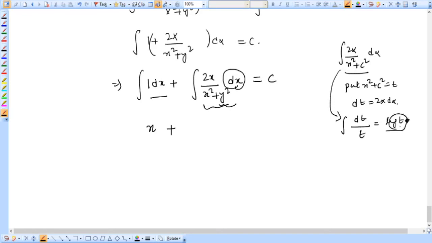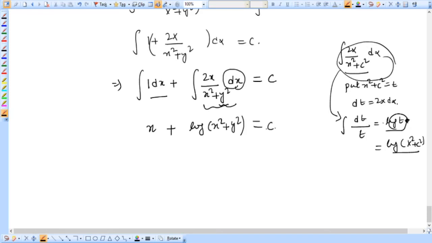Putting value of t back, integration of this thing would be log of x square plus c square. Similarly, in this case, y is treated as constant because we are integrating with respect to x. Therefore, you can write it would be x plus log of x square plus y square is equal to c,